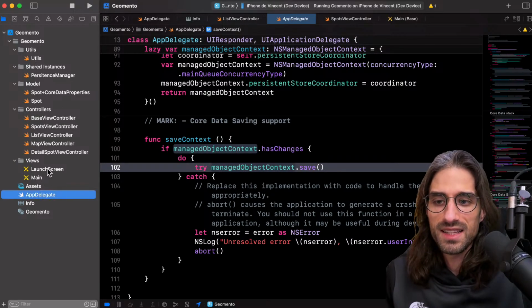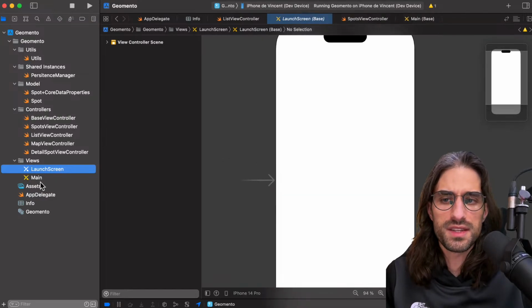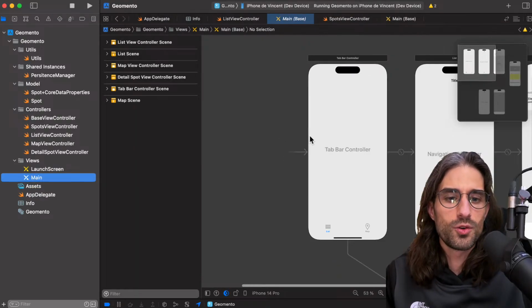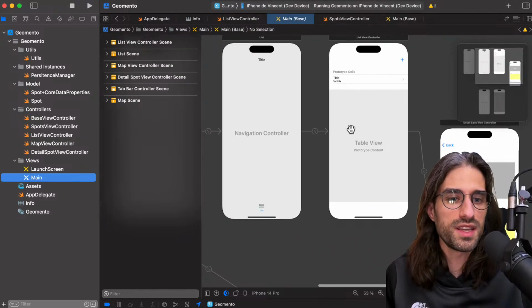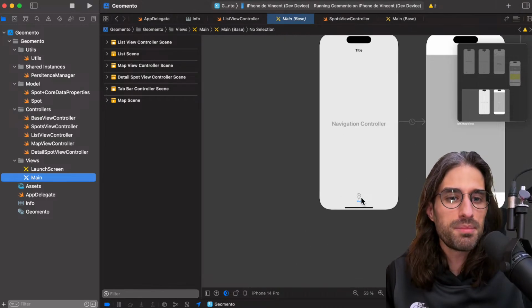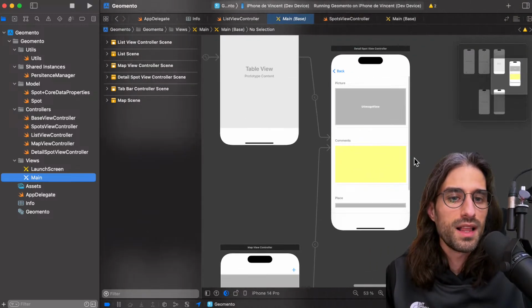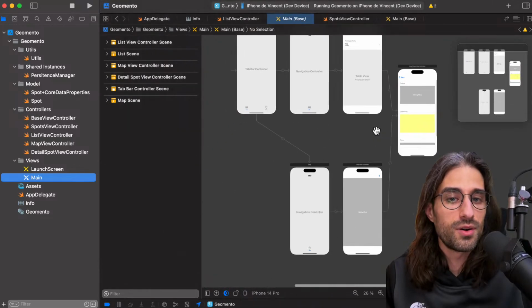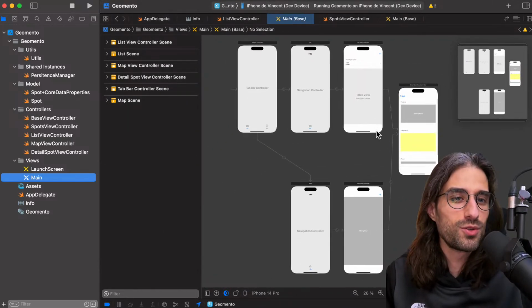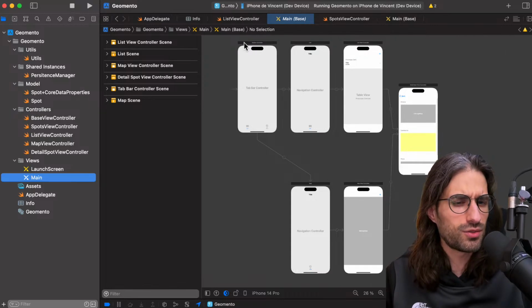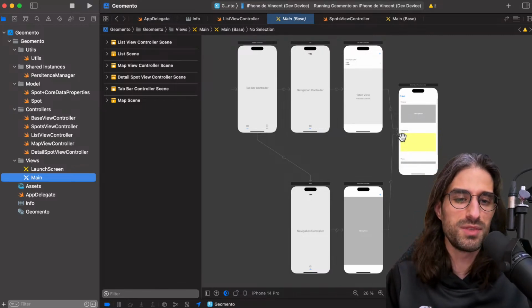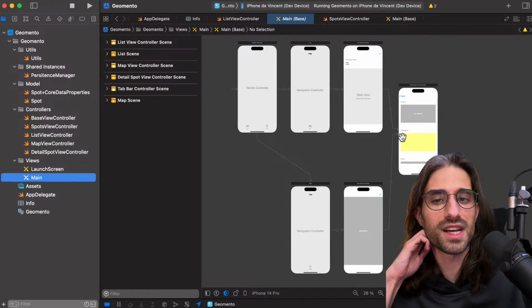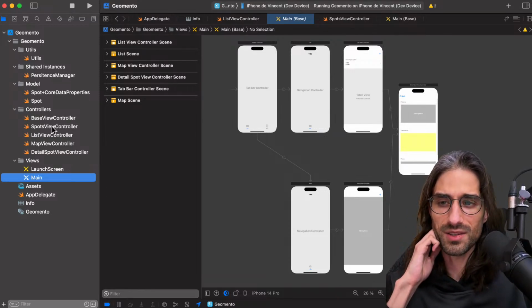So let's take a look. Okay, so the launch screen, there is nothing. The main storyboard. So we have a tab bar controller because there are two tabs. The list that we just saw, where we have the cells, and then the map. In the map, we have the map view, and we can navigate to the detail view. I feel like I'm showing you one of the examples Apple shows when they say, look at the storyboard, it's wonderful. You can see your entire app flow at a glance. And of course, when it's that simple, it's great. It's when it becomes more complicated that trouble starts to arise. So let's take a look.